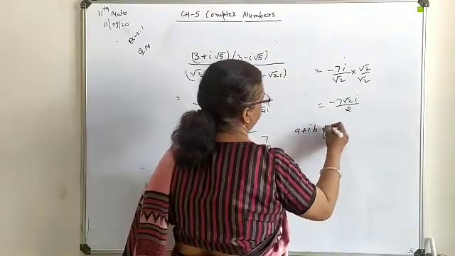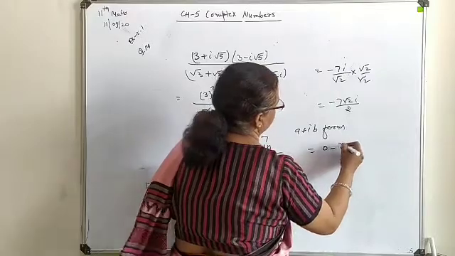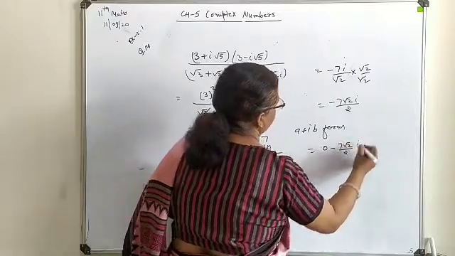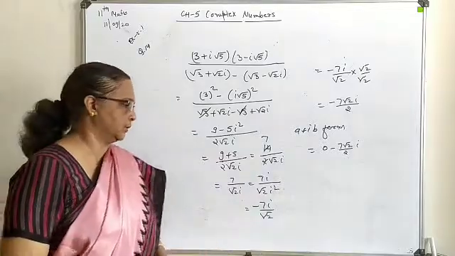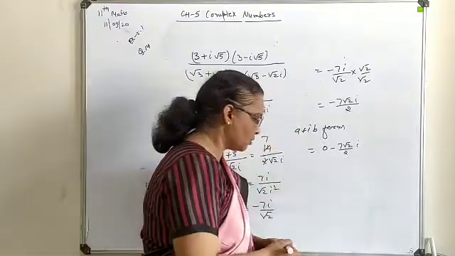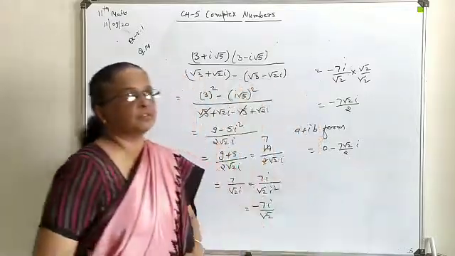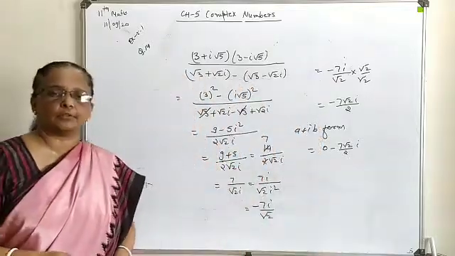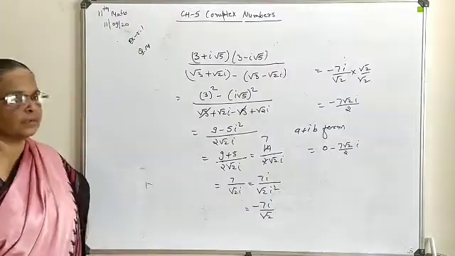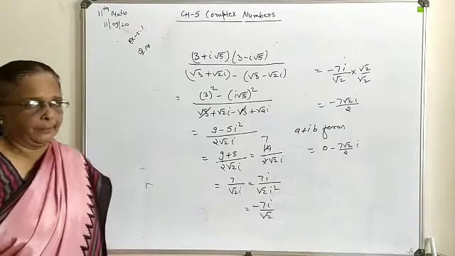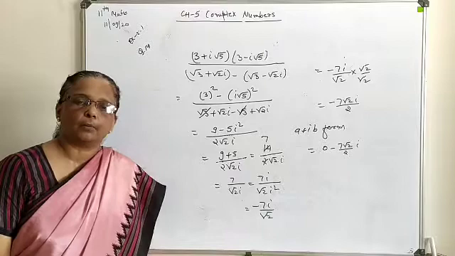A plus ib form. That will be your 0 minus 7 under root 2 by 2 iota. So this is the standard form what we are having over here. So this was all about the evaluation of the given expression in form of the standard form, that is a plus iota b. Now the new things we are going to introduce here is a Argand diagram and the polar representation of any of the complex numbers.